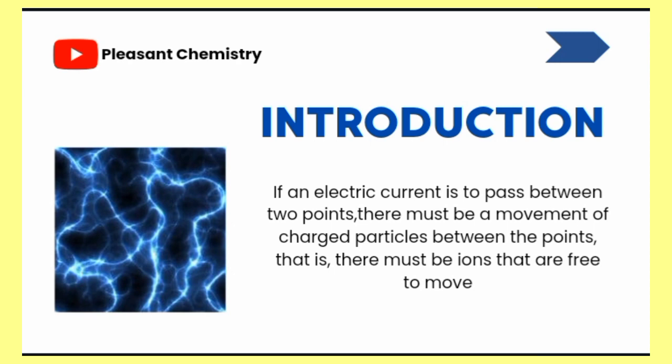The two different poles that we have in chemistry are the cathode, which is the positive, and the anode, which is the negative. The positive cathode is for the electric current, and the negative anode is also for the electric current. So there must be ions that are free